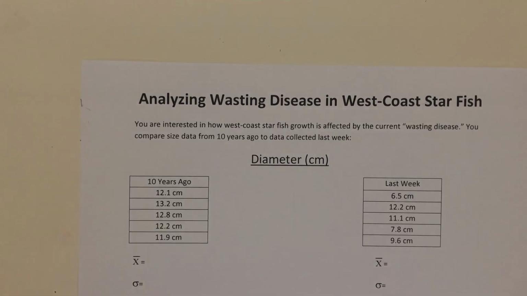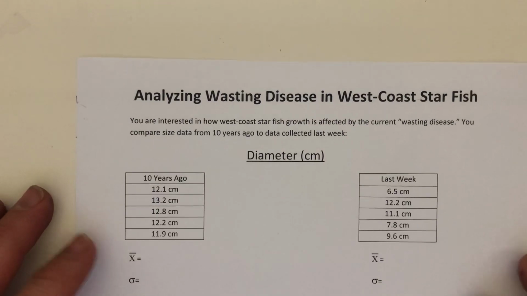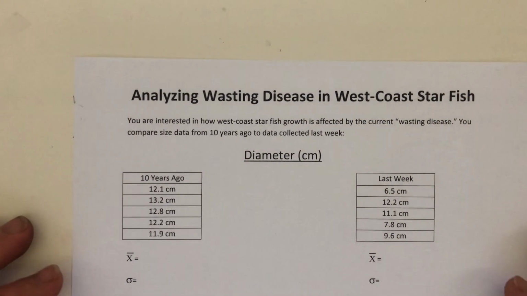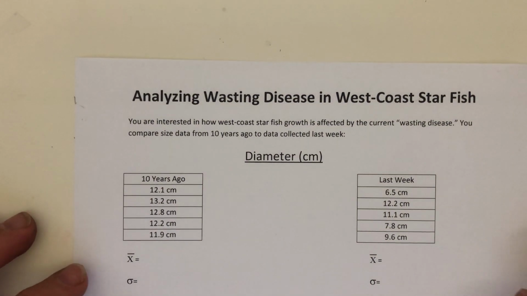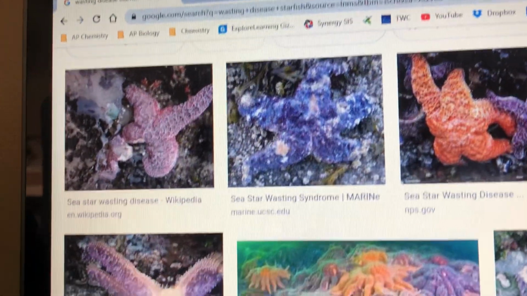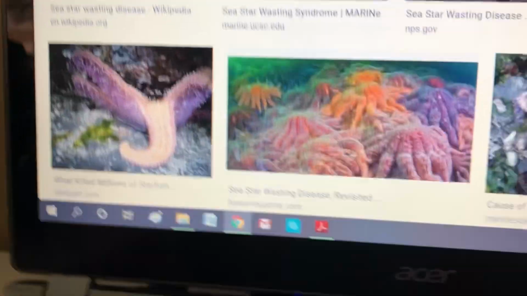Hey guys, I wanted to make another video about standard deviation and being able to interpret graphs with standard error bars on them. So what I'm going to do is use the example of something called the wasting disease in West Coast starfish. If you just Google wasting disease in West Coast starfish, you can get a whole bunch of pictures of